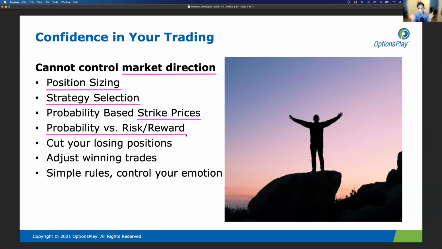So it's about finding which strategies you want to focus more on probability, which ones you want to focus more on risk to reward, and how you find the balance between the two. And even if you learn these types of strategies, you still have to know when to cut your losing positions and when to adjust your winning positions in order to be profitable in the long run. And today we're going to try to lay out some simple rules around taking profits and cutting losses to hopefully help avoid